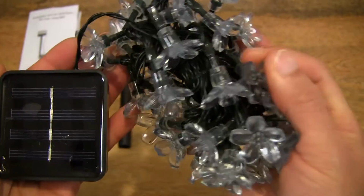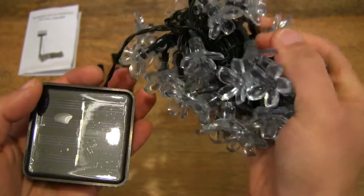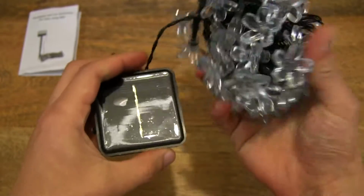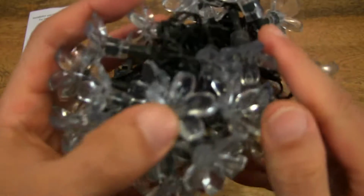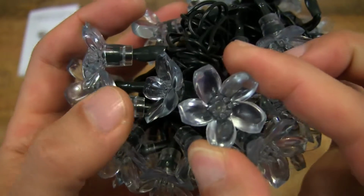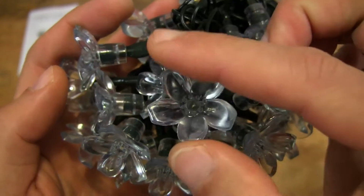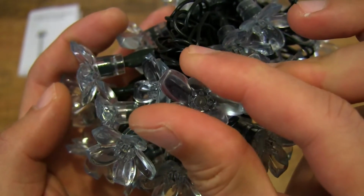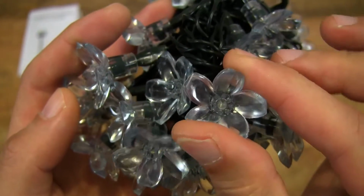So the fairy lights have a kind of soft plastic feel to them, so they don't really hurt or anything. So they're quite durable in that respect. They won't break or snap. Let me give you a close-up look. So you can see there is flexibility in the material. So they can be crushed and squeezed, and that's not a problem at all in terms